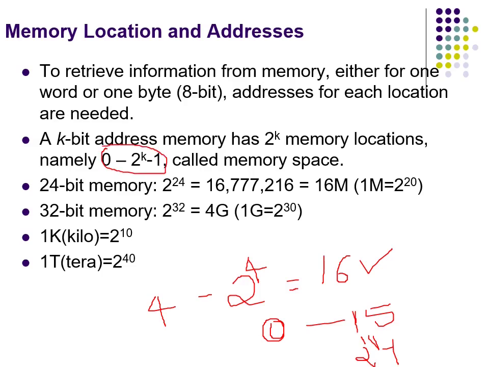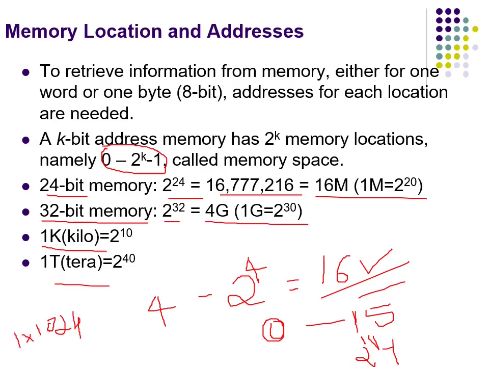That means if the address is 4-bit, I can have 16 bytes of addresses. If the address is 24-bit, 2 to the power of 24 is 16,777,216 bytes. We convert that into 16 megabytes. I hope you know conversions. 8 bits is 1 byte. Memory conversions, please go through it once. How to convert bit into byte, byte into kilobyte, kilobyte into megabyte, and megabyte into gigabyte. Now, if you have 32-bit memory, in the sense its address is 32-bit, then we can address 2 to the power 32, which is 4 GB.